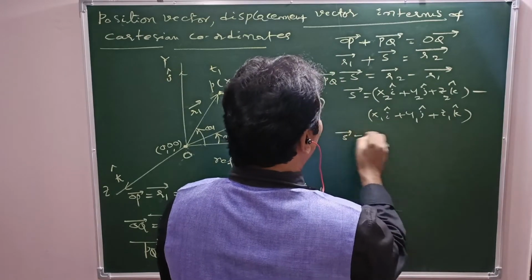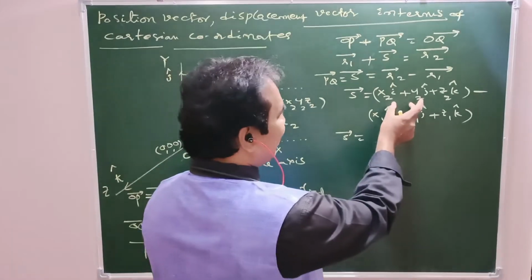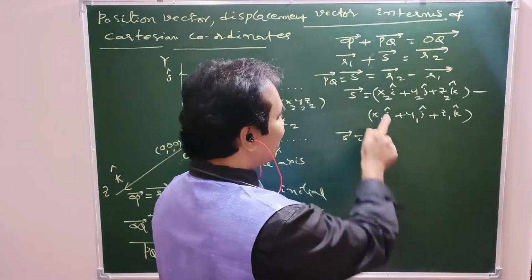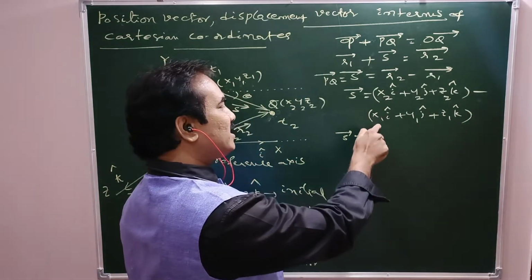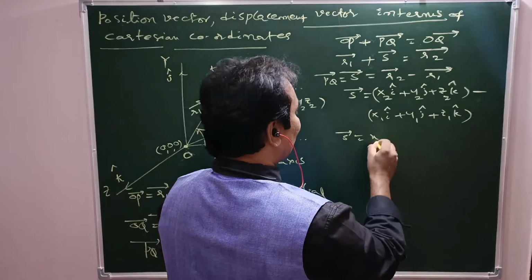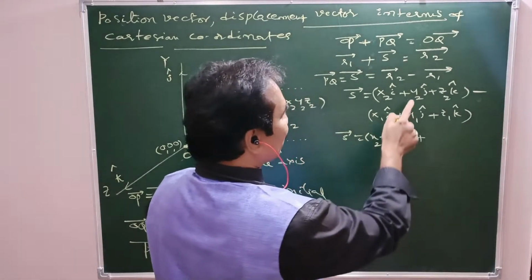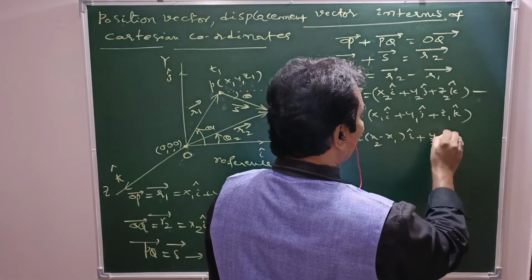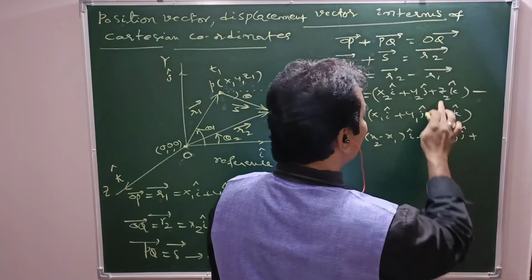That is, S bar is the subtraction of vectors here. This is one vector, this is another vector. Here one vector minus another vector. That is x2 minus x1, since the negative sign is there, into i cap, plus y2 minus y1 into j cap, plus z2 minus